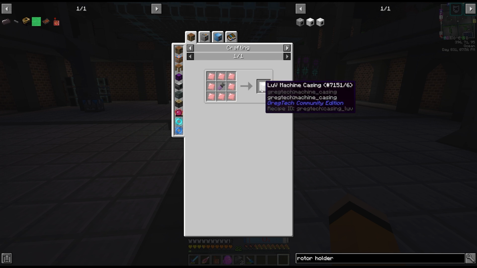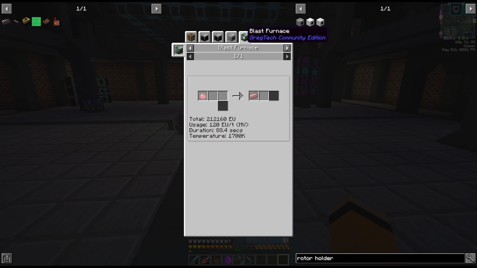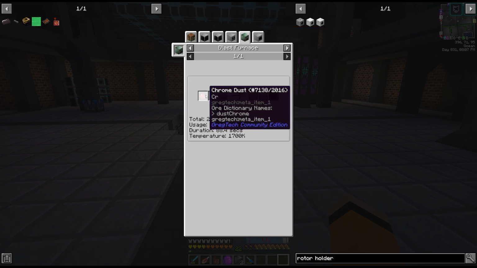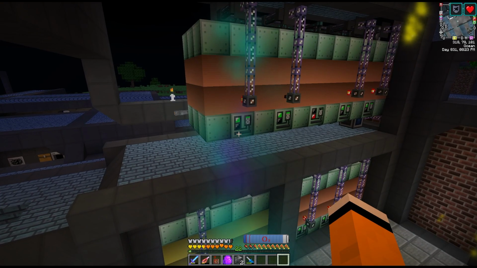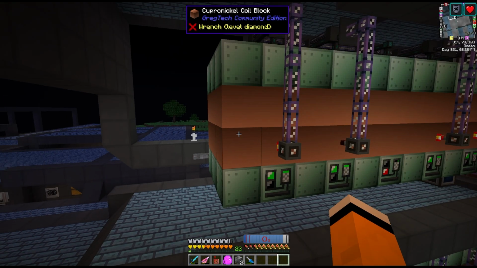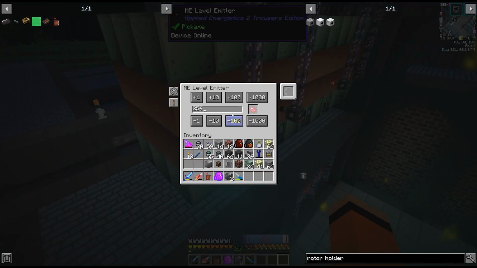So for all of the LuV machines, we're going to need a bunch of chrome, and this can only be made in the blast furnace. We are actually getting chrome from the orbital miner, but we have to set up a blast furnace for this chrome ingot here, which is exactly what this one on the end here is for. So we're just running this at HV with cupronickel coils, importing our chrome dust, and I've told it to, well,